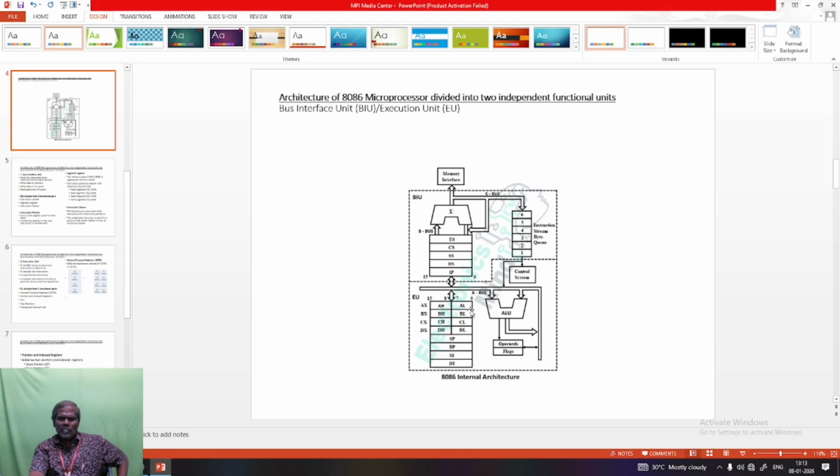So during the execution time also it's fetching the information and getting it ready for the next instruction. In parallel it's doing this. The name of this process is pipelining. This will speed up the processing time.